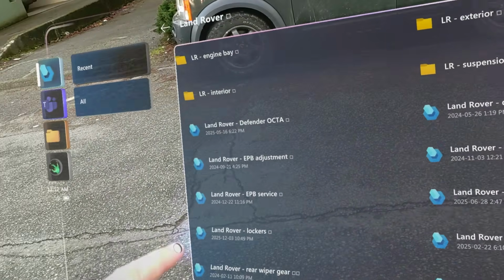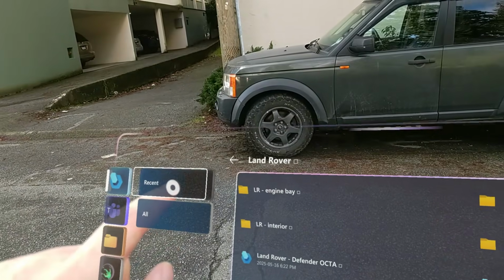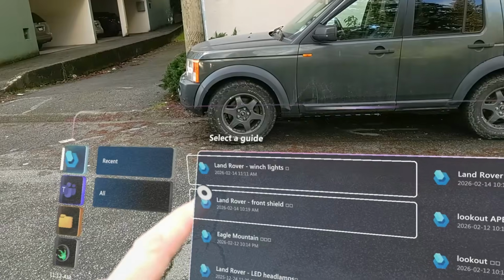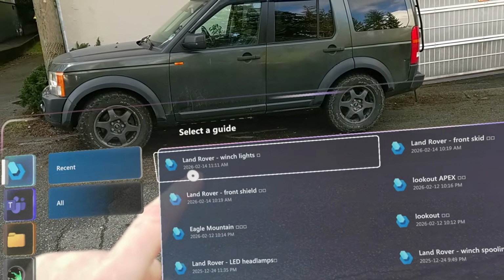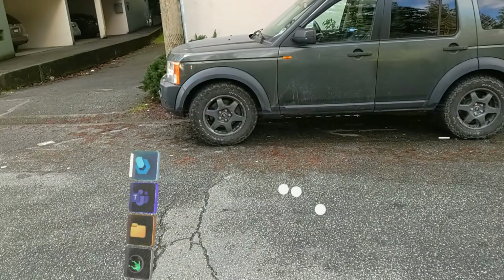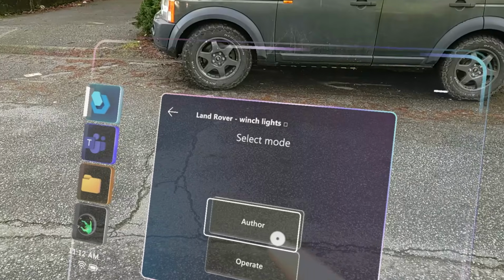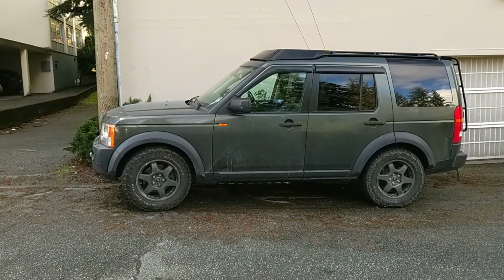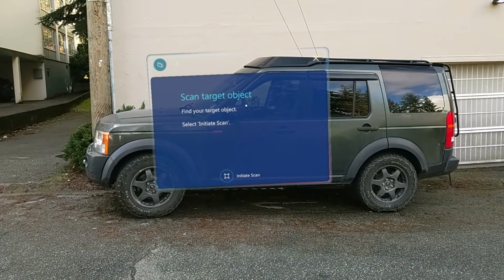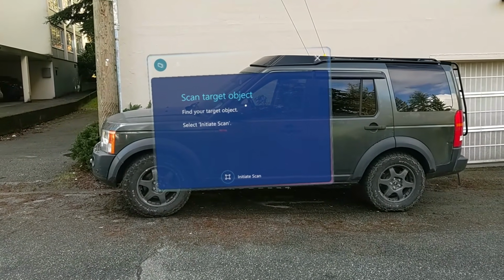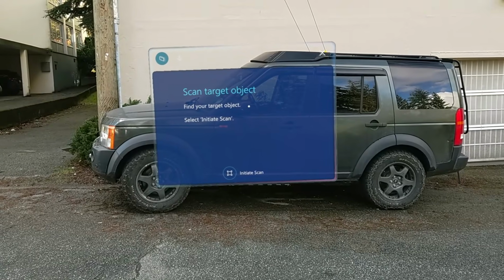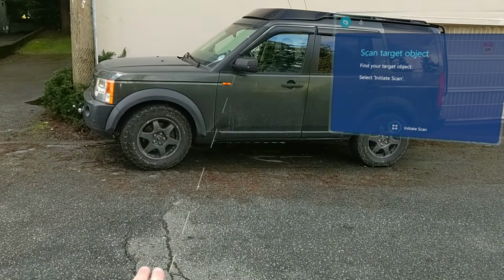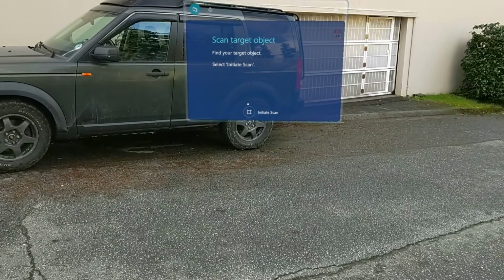So each one of these represents a set of instructions. Again, I most recently started working on this lighting file I'm going to show you. Right now I'm going to create it. I'm going to be the author of the file. So in order to author a file, first you have to connect it to something in the world, and I've got a 3D model of my truck over there, so I'm going to scan it,